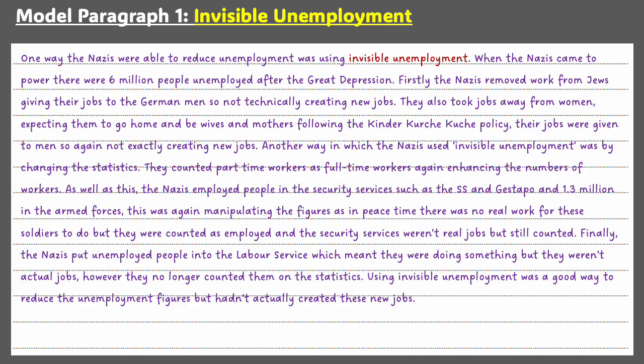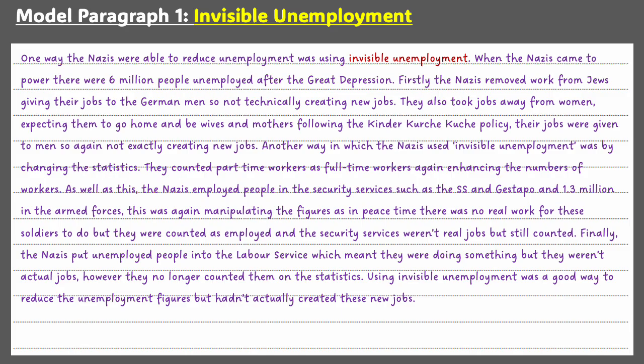As well as this, the Nazis employed people in the security services such as the SS and the Gestapo, and 1.3 million in the armed forces. This was again manipulating the figures, as in peacetime there was no real work for these soldiers to do, but they were counted as employed, and the security services weren't real jobs, but still counted. Possibly just pushing paper across a desk and things like that, sort of looking around streets, but not actually doing anything. Finally, the Nazis put unemployed people into the labour service, which meant they were doing something, but they weren't